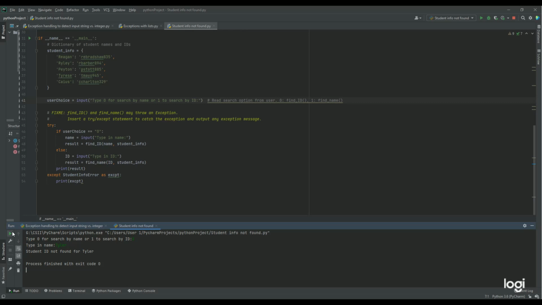So far so good. I'll go ahead and run our function for ID and run our exception for ID to make sure those work as well. So 1, type ID, PSTOTT885, which is the ID for Peyton. Sure enough, it gave us that info, and now we'll type an ID that doesn't exist to go ahead and run our exception. So gotcha 45. Student name not found for gotcha 45. So far so good. Everything seems to be working, and that will complete my